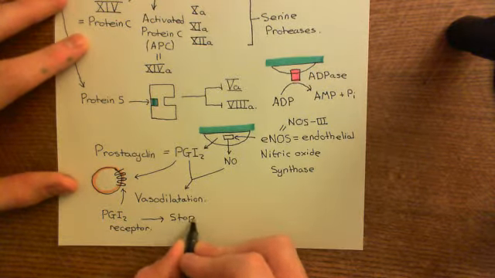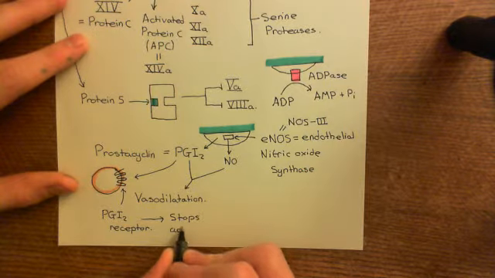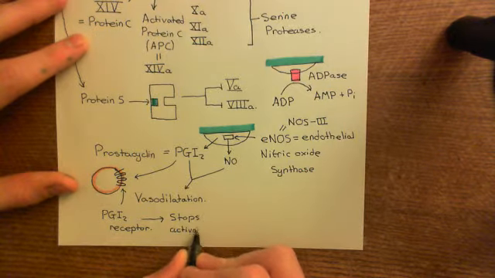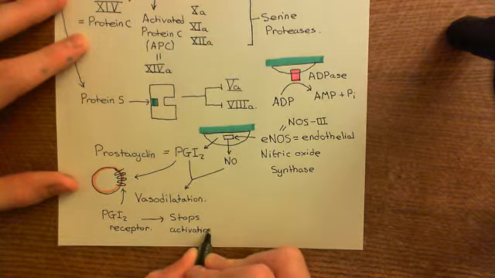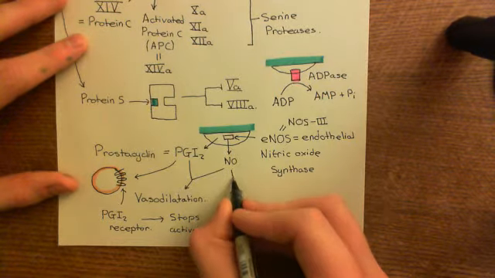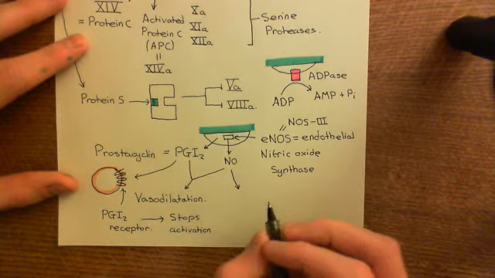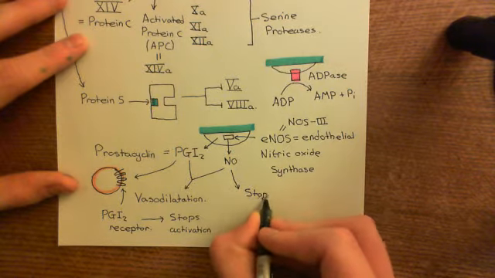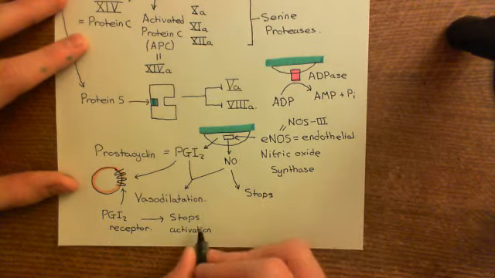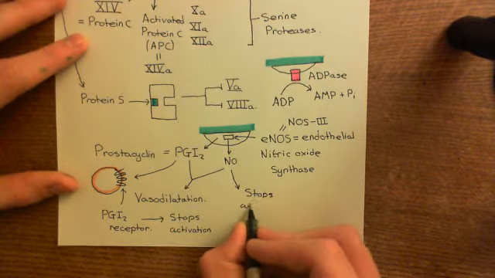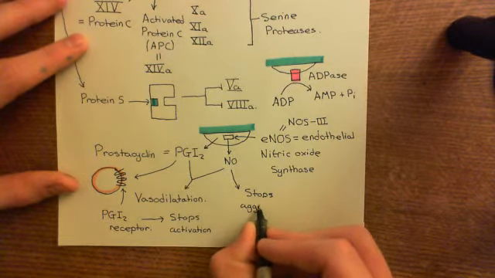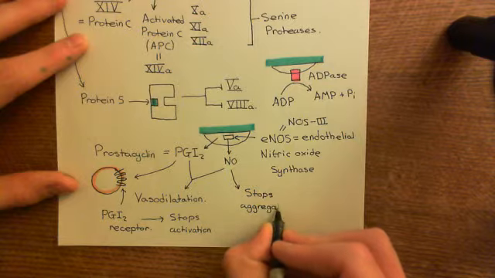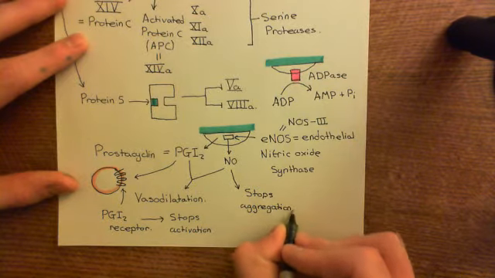Okay? So what does nitric oxide do to platelets? Well, it's slightly different. It works slightly later on. So nitric oxide stops platelet aggregation. So it directly stops aggregation. Rather than stopping activation, it stops aggregation. Now, how does it do this? Well, basically, if I get my picture of the process back up again,